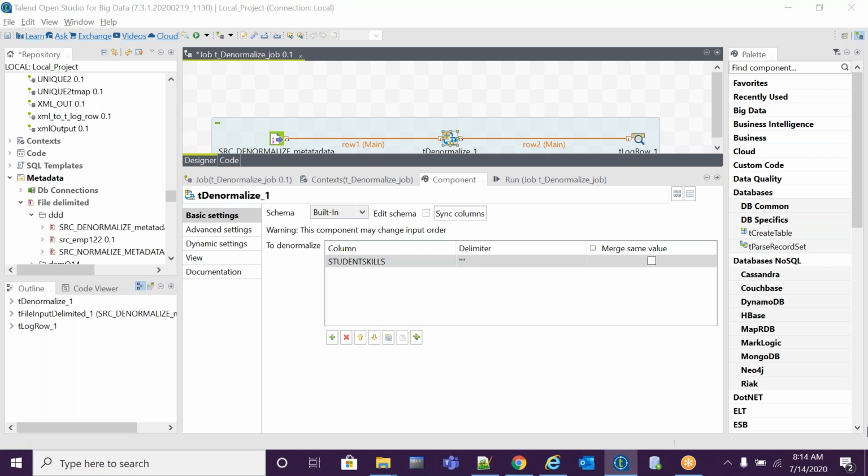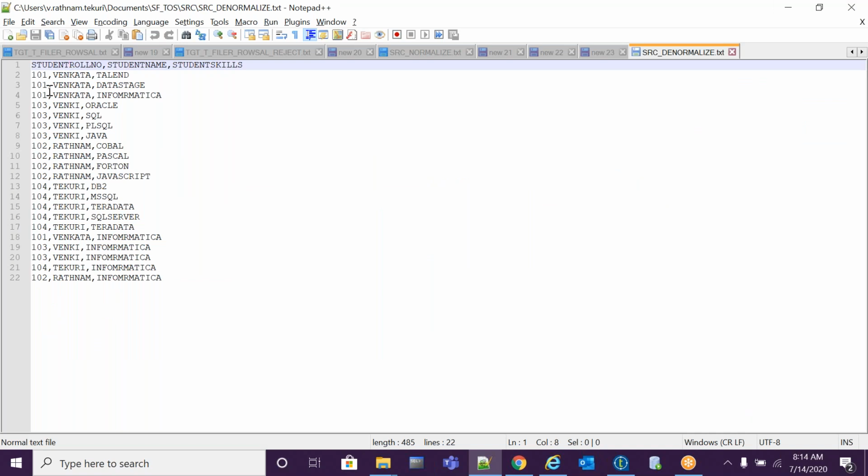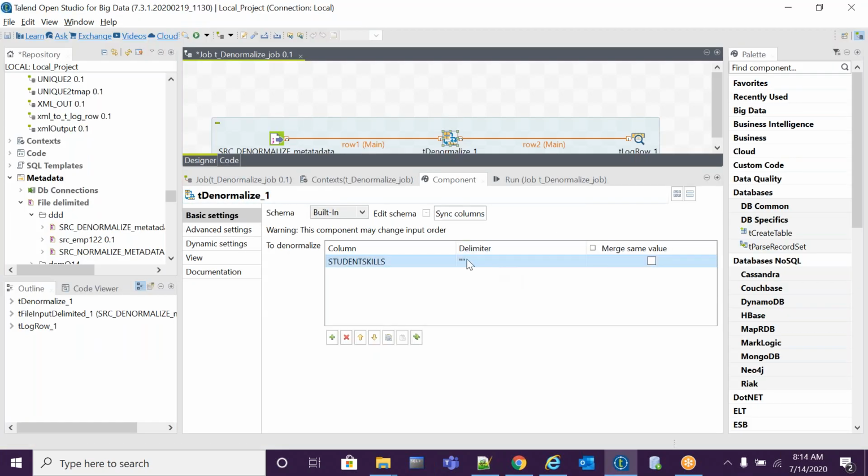See, comma I can't take. Why? My source already has the field separator as comma, so we should not take both as the same. Hence we have to take a different delimiter for identification purposes. So let me take pipe.